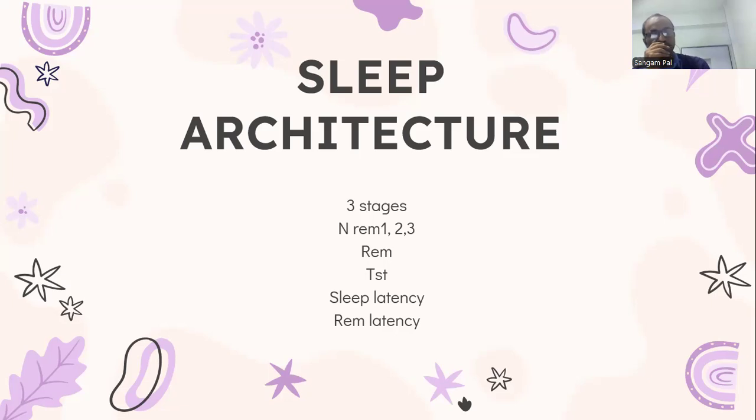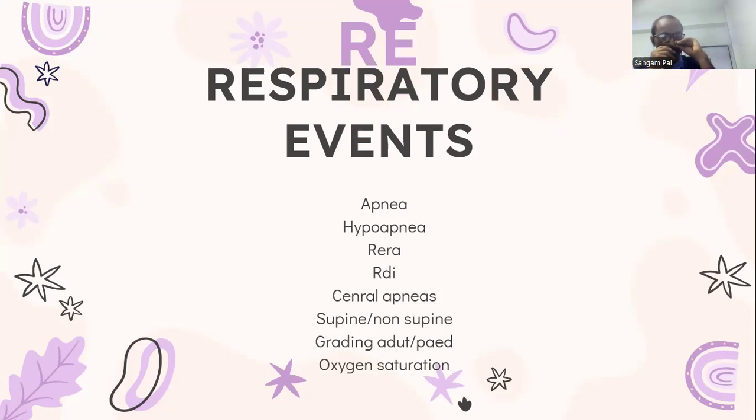So I go to another alphabet of Sa Re Ga Ma, that is respiratory events. First we have to know what is apnea. Apnea is decreased nasal airflow of more than 90% for more than 10 seconds. That is apnea. And hypopnea is a reduction of airflow, more than 30% reduction in airflow for more than 10 seconds,